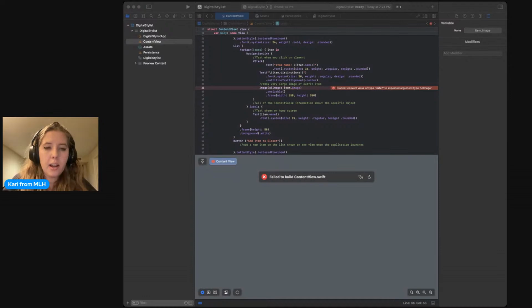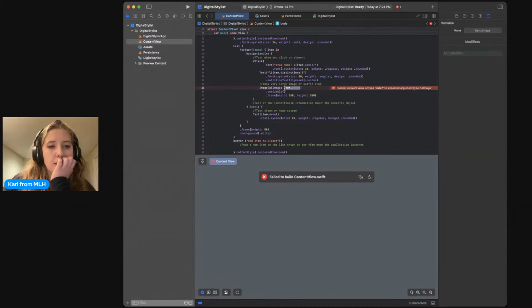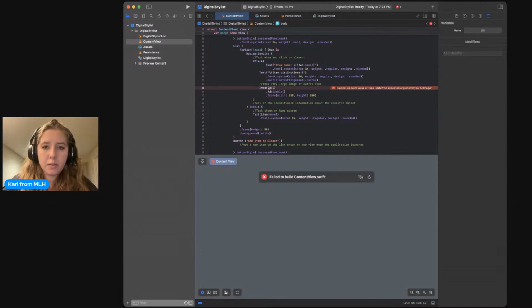Okay, so let's figure out how to change data to UI image. So image needs to be a UI image. That UI image needs to be of type